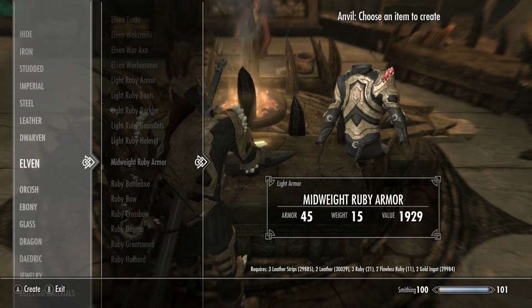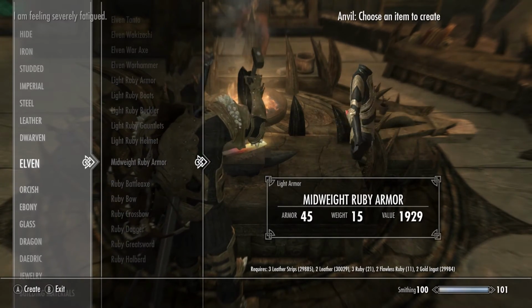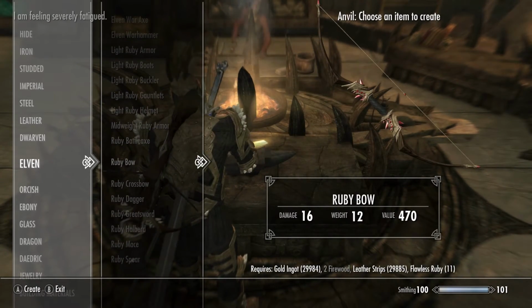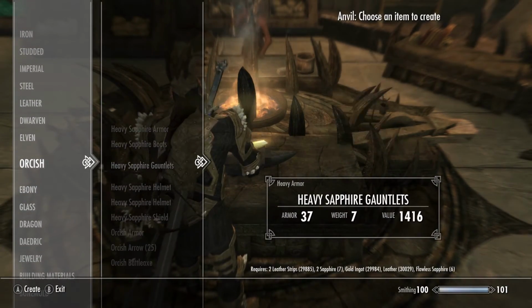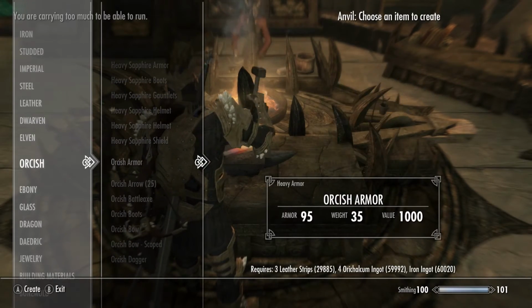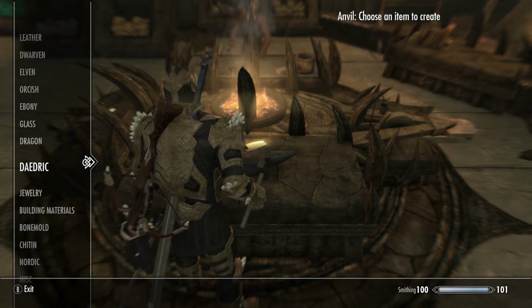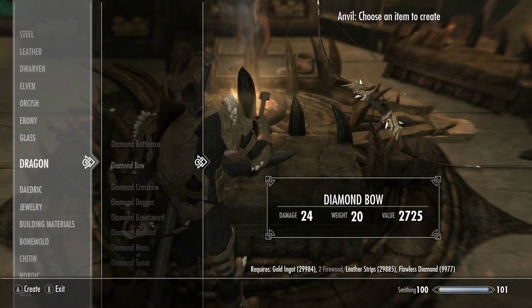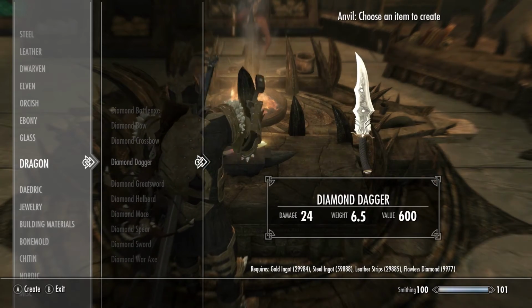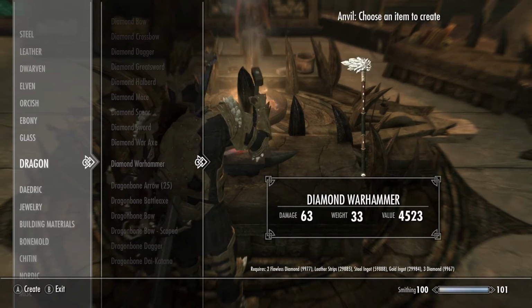You've also got the midweight armor. So you've got, I guess that's like a ruby-encrusted epaulet on your shoulder, which is kind of neat. It's much lighter of a red, kind of. Sapphire, here you got your blues. It looks absolutely gorgeous, guys, absolutely gorgeous. And then you got your dragon, which is your diamond. So you got your diamond battle axes, your diamond bow, crossbow, dagger, greatsword, halberd, mace, spear, sword, all this amazing